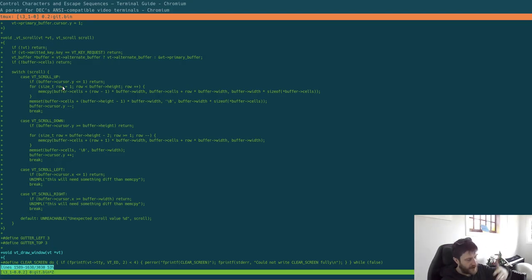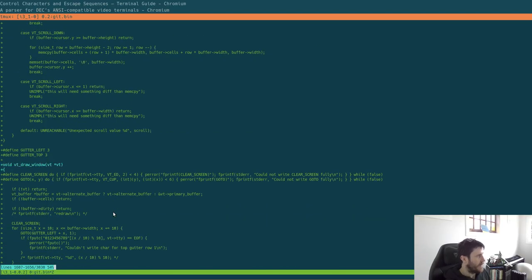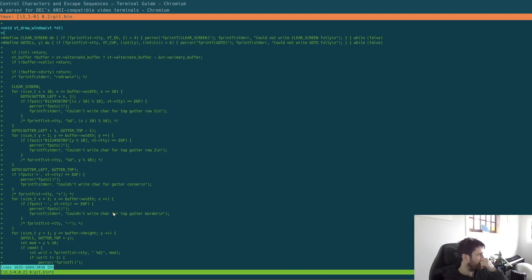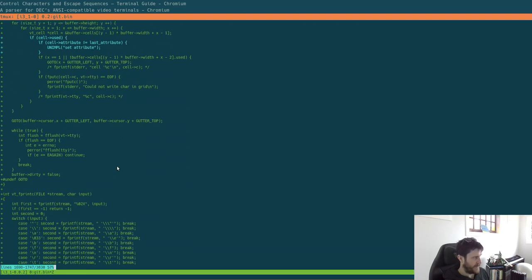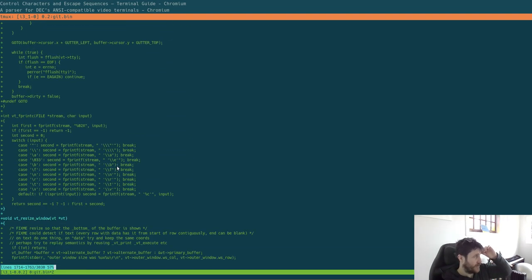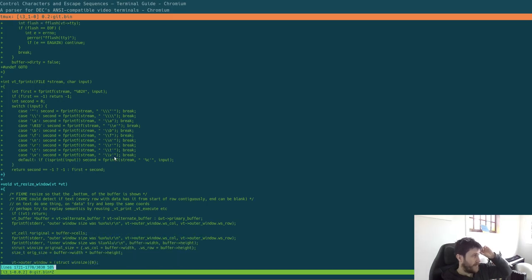Because the order might go from the bottom, it won't get the right data. But if you go to this, you control the data, and these two rows don't overlap, and then these two don't overlap. They'll go down or up, whichever way you want to go. Here, draw window is the same as what it was, but it got moved up because it had to. If we want to print a character, I have a little helper function to